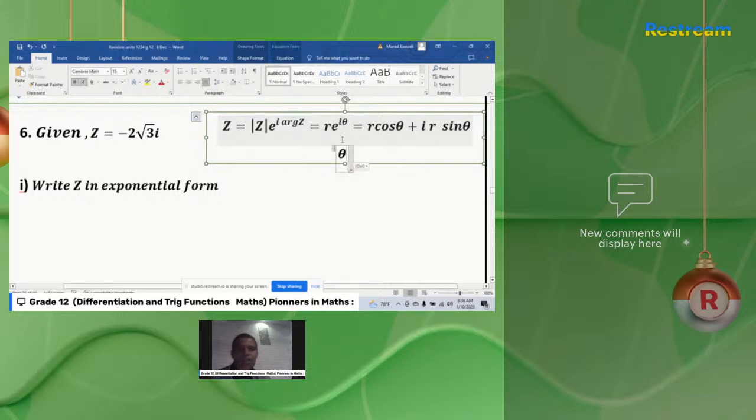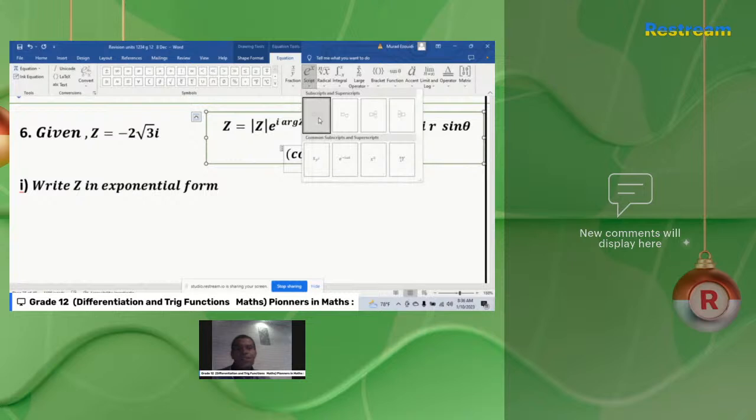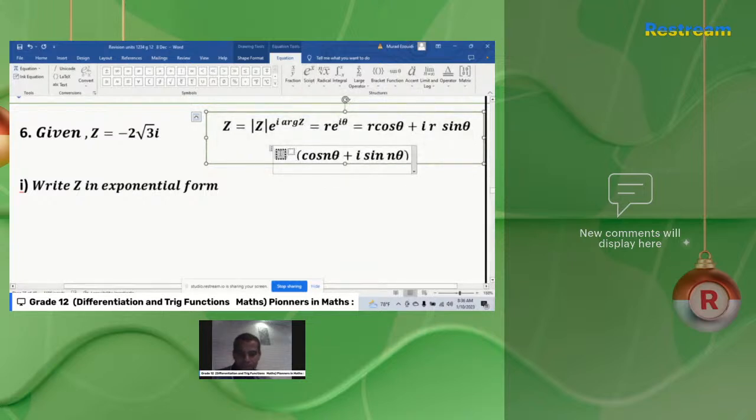Okay, z to the power n, I will write first cosine n theta plus I sine n theta. I will close the parentheses, and this is all multiplied by r to the power n, the modulus of the complex number raised to the power n. This is r to the power n, where n is an integer, and this in fact is equal to z to the power